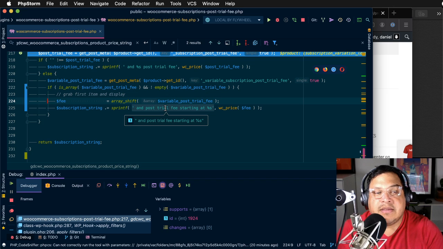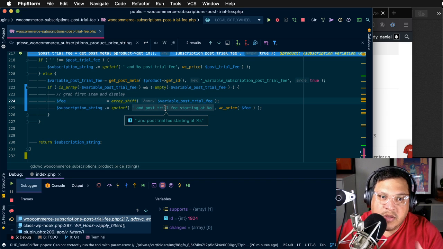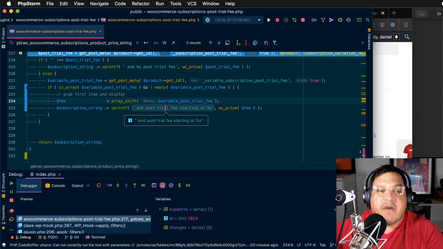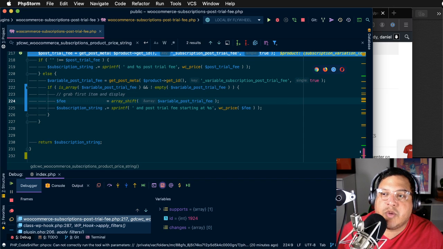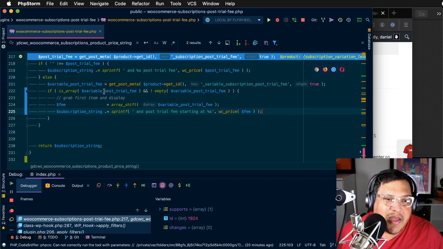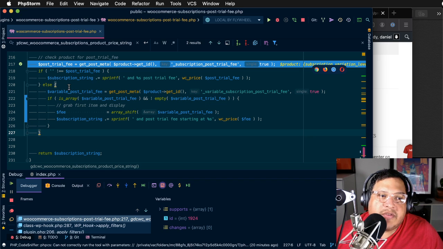And then the data is it's a serialized array that's keyed off of the variation ID. So then we need to get it, and then we'll be able to use 1924 to find the post-trial fee. That makes more sense. Okay, sweet. How do we do that? Okay, I'm gonna let this go. Actually, let's leave that there. Okay, so else,